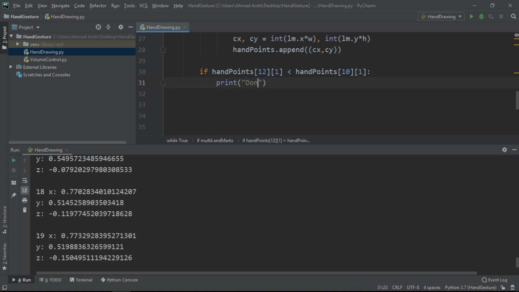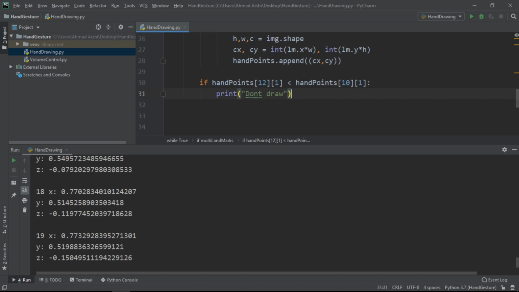We would just need to go for "don't draw" here, because we are printing it that if it is inside this, then that means that we don't need to draw because both the fingers are open, let's say the index finger is open and the middle finger is open. And for the else, we will be checking, let's just make it else if,